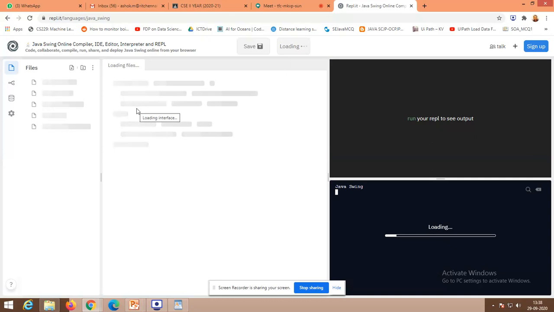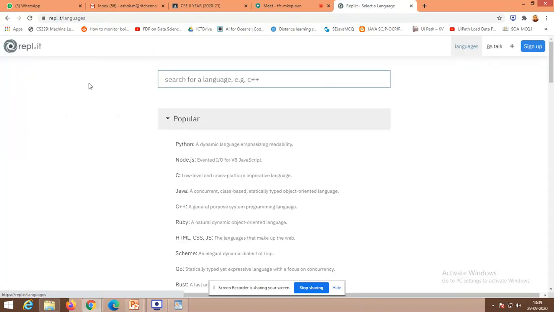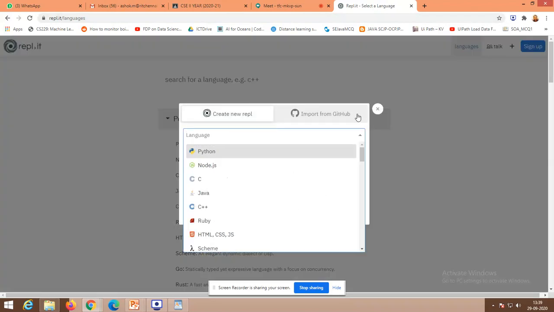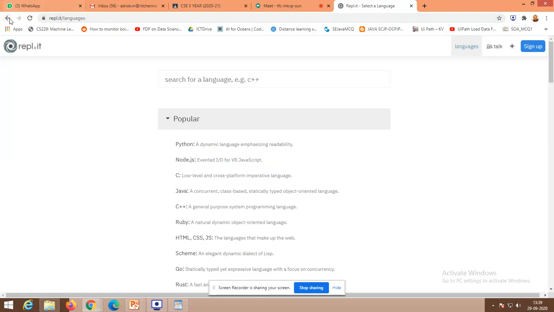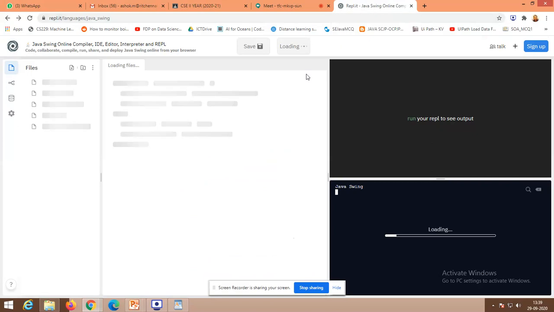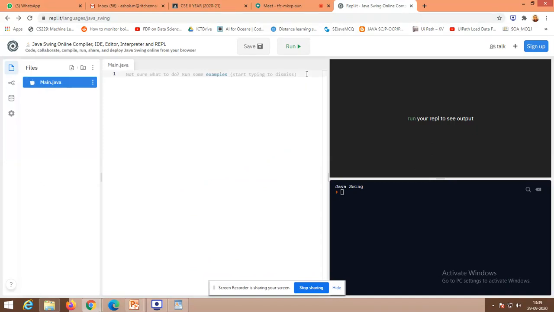In the right hand side top corner, you will get that output. So while I'm going to paste the code in the middle content, it will be ready to open up. So retrying.